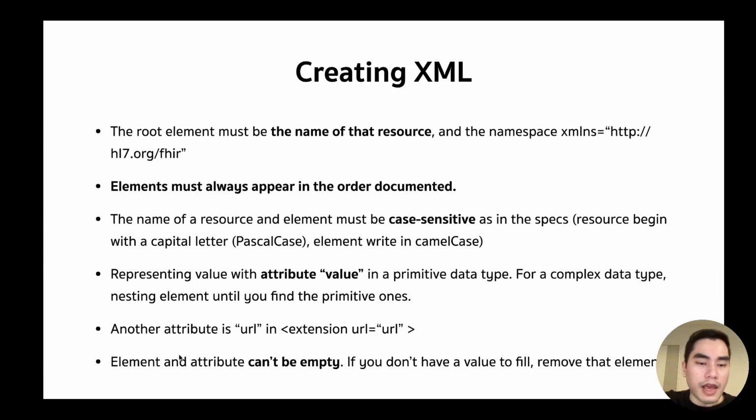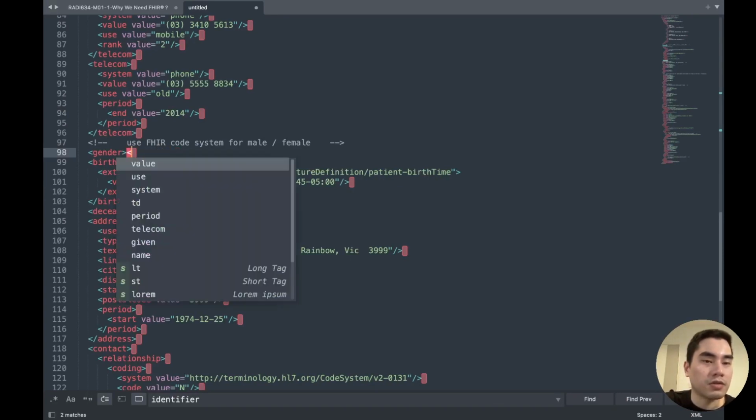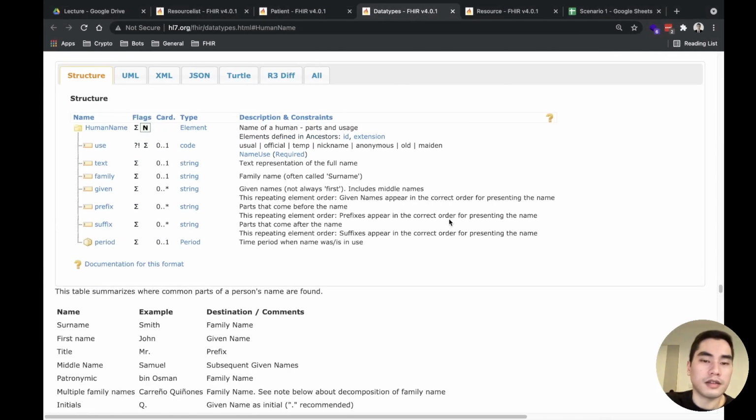An element and attribute cannot be empty. If you don't have a value to fill, just remove that element. What it means is that you cannot do it like this. It's an error. Or something like this is also not possible. This one is also an error. So if you don't have the value of the gender, just remove it like this.